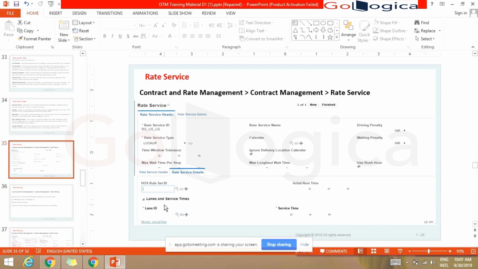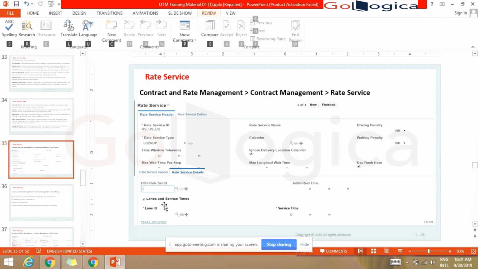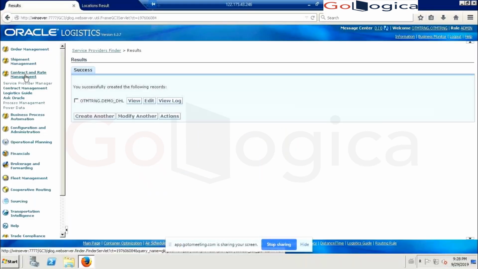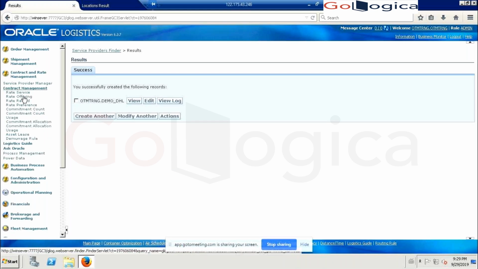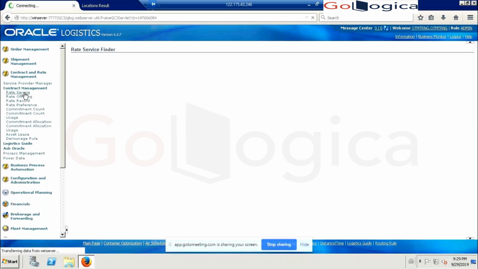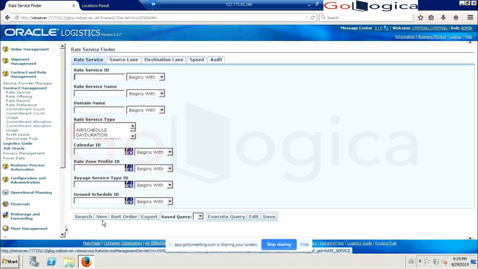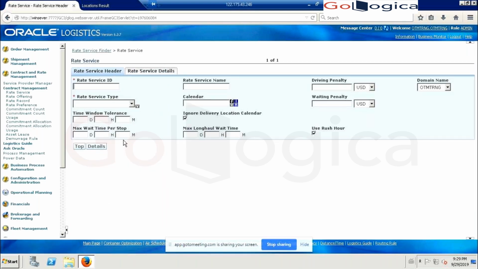See, basically rate service can be created from the contract and rate management. So contract management and the rate service. I'm just creating one rate service.